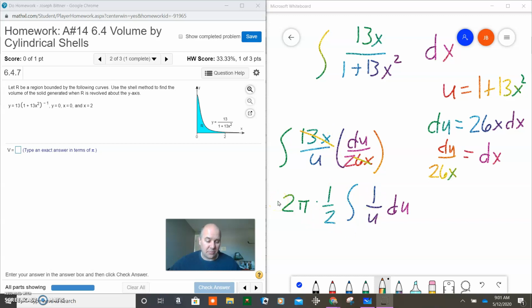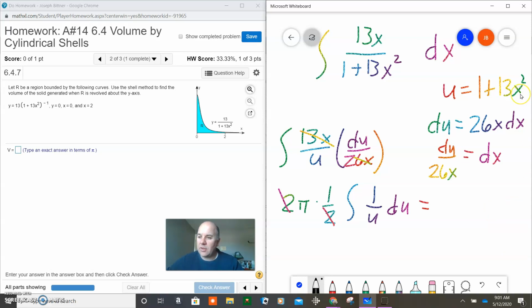But when the 1/2 comes on the outside, the 2 on the outside and this 2 will cancel. So actually, I'm going to go ahead and do that. This 2 will cancel, this 2 will cancel. And you should remember the antiderivative of 1 over u, which is natural log. Now, something I want to do first of all, this was 0 to 2, if you remember that. And if you remember this, these are in terms of u, but the 0 and 2 are in terms of